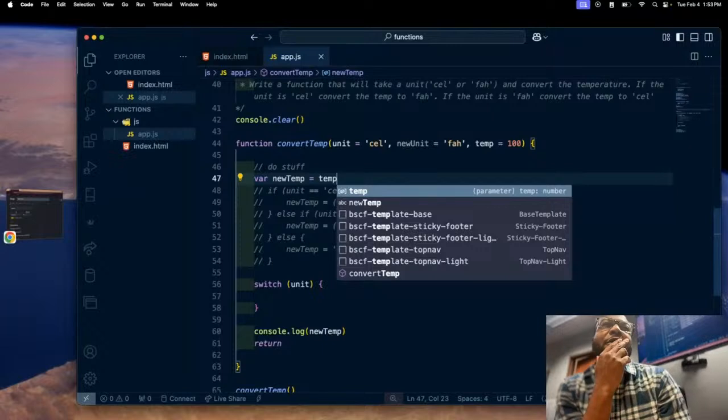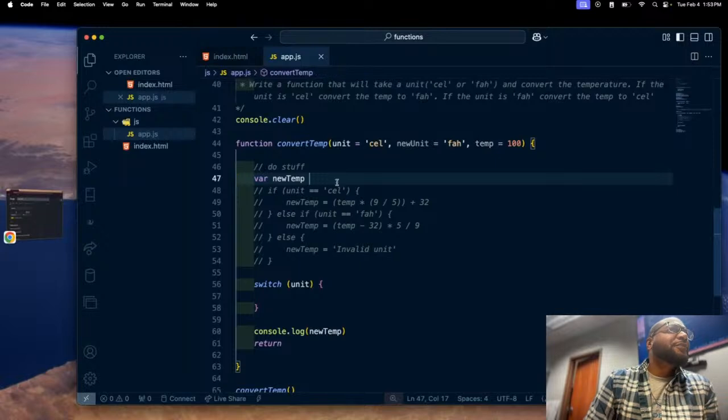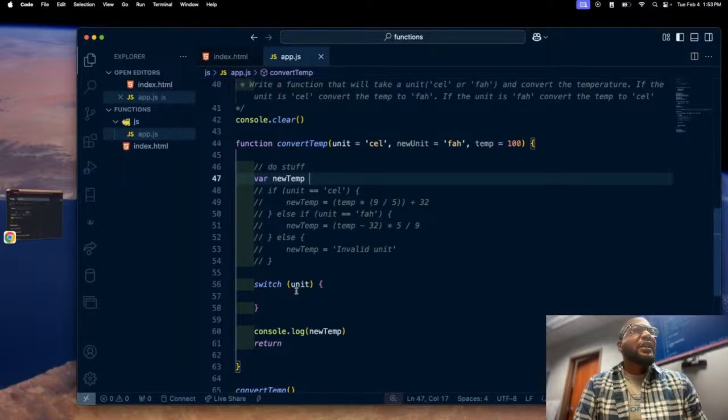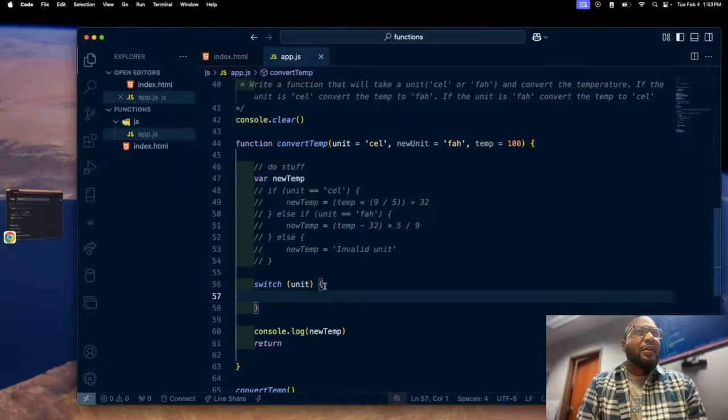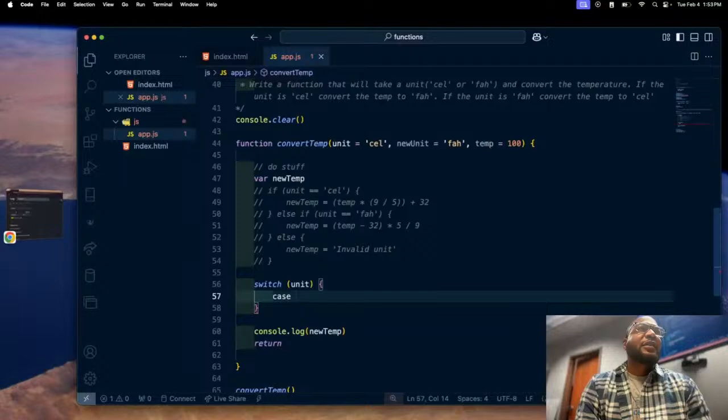Oh no, I don't think that's what I want to do. I think I can leave that like so. So I'm going to take the unit. I think this is it right here. In the case that the unit is Celsius,